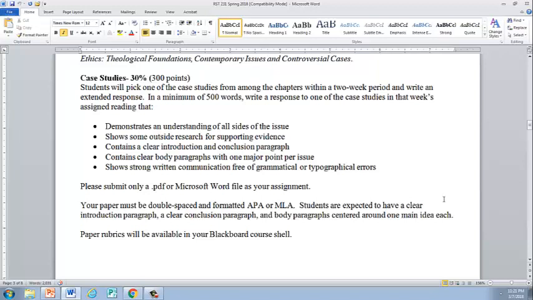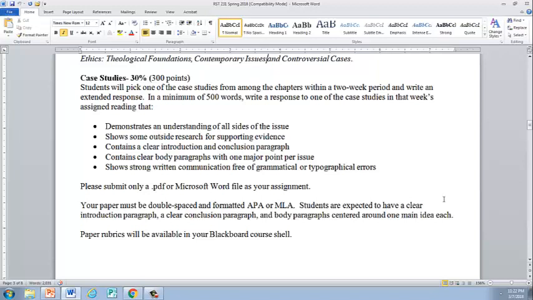You know, what are some other alternatives, but obviously you will pick one moral conclusion and be able to tell me about it. Show some outside research for supporting evidence. You might not have to dig that far. You probably have a lot of medical textbooks still from your other courses. You can certainly look up articles online, the scholarly type or the regular news type. Make sure that they are real news and not fake news if you do that. So the idea is that you're going to be informed to the discussion in some way, because your textbook isn't